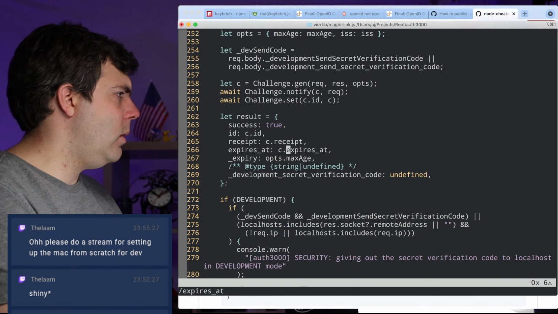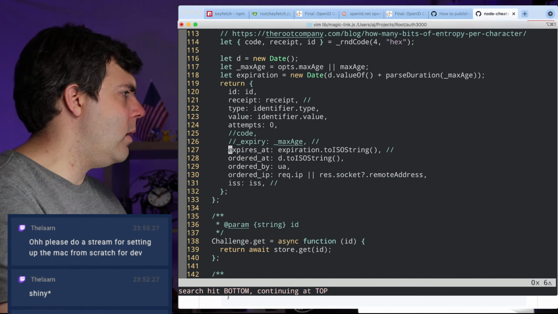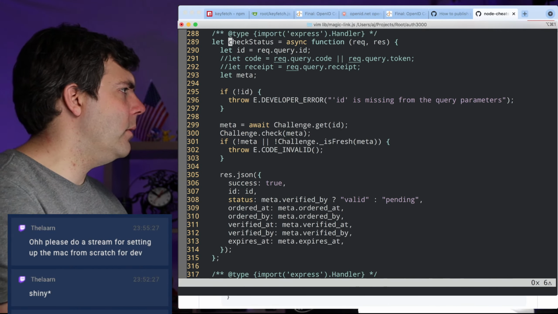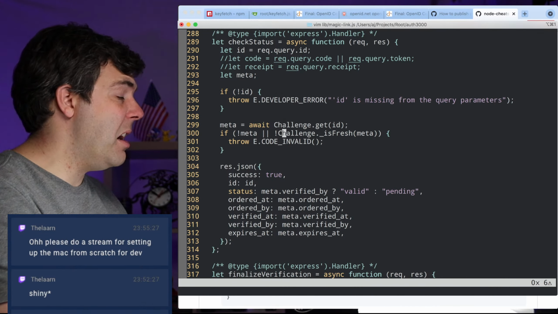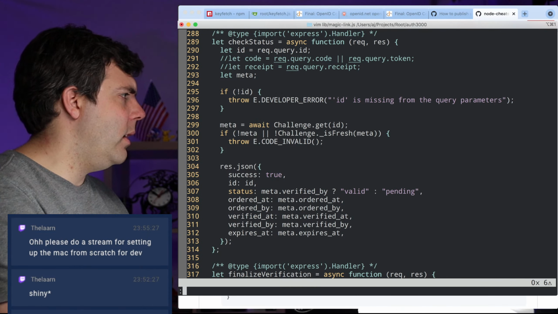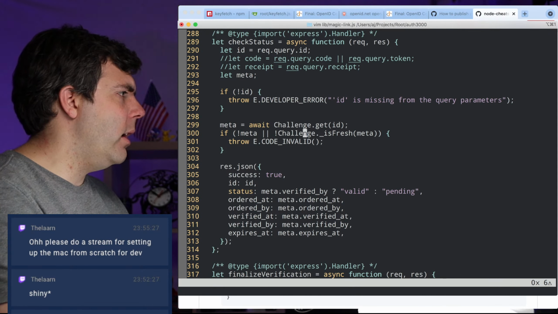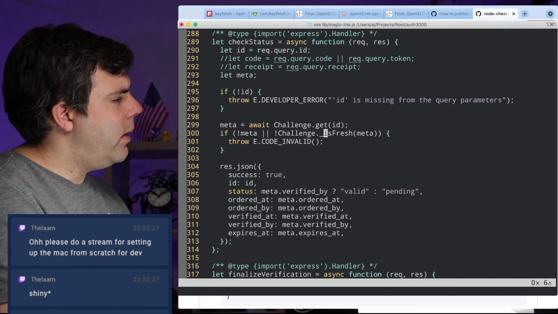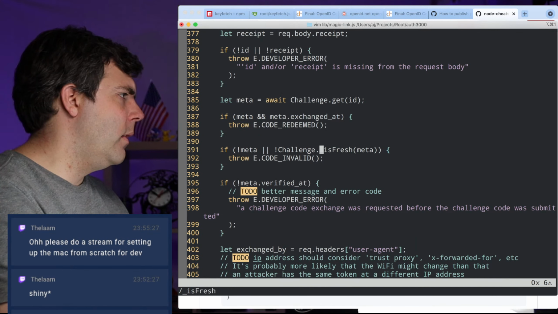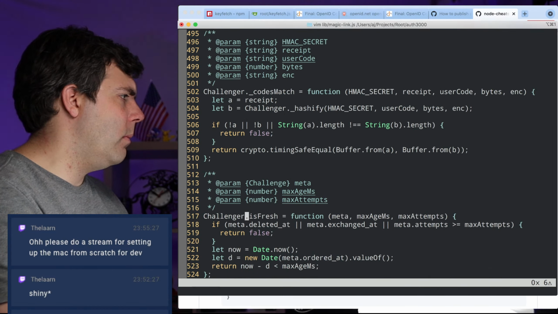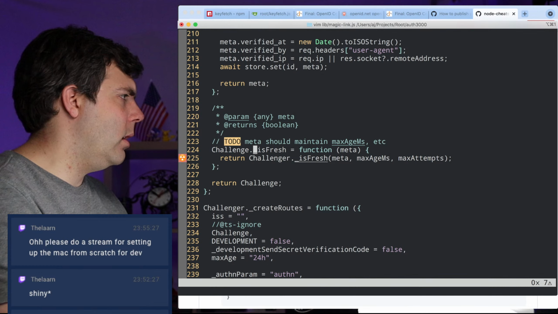yeah. So, okay, that's now copied over, so I don't need to calculate that here, so that reduces some dependency. And then let's see, if not meta or is not fresh, I think that's appropriate right there. I would prefer that to be true falsy here and then throw there. But then that is fresh. We kind of need to get rid of the underscore on it.